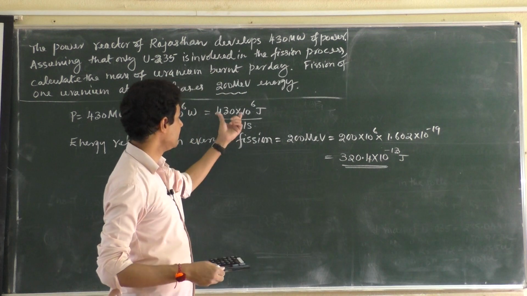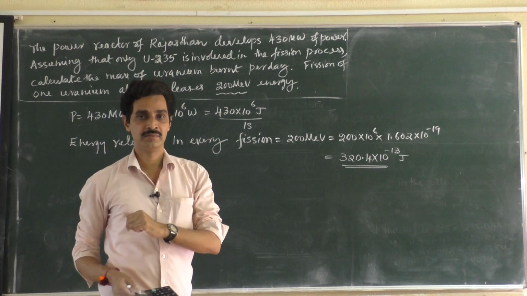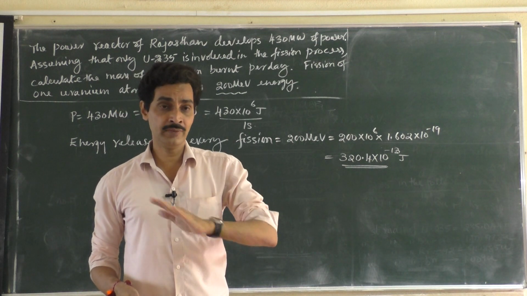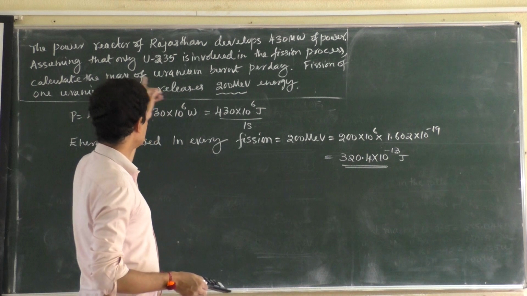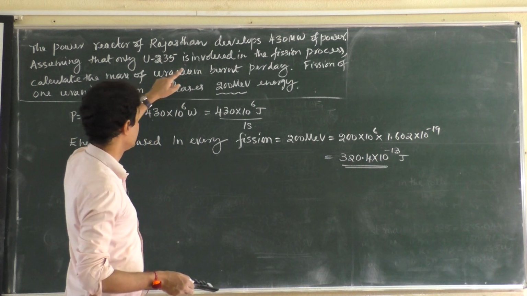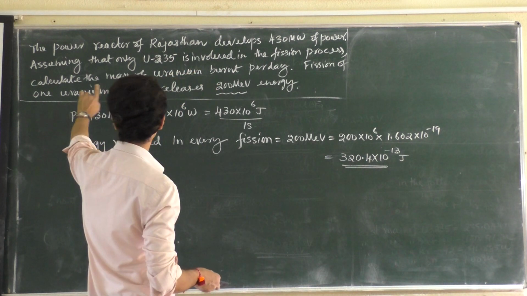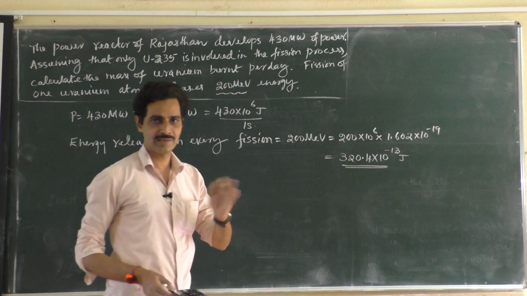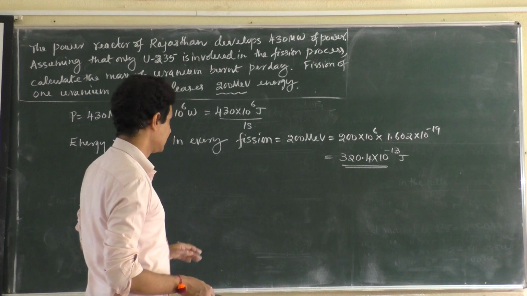But we need this many joules of energy every second. So let us make everything per second. Till the end we will have everything per second. Then we will convert it into 1 day. How much uranium is needed per day, burnt per day, that is what is needed later. So let us restrict everything to per second.